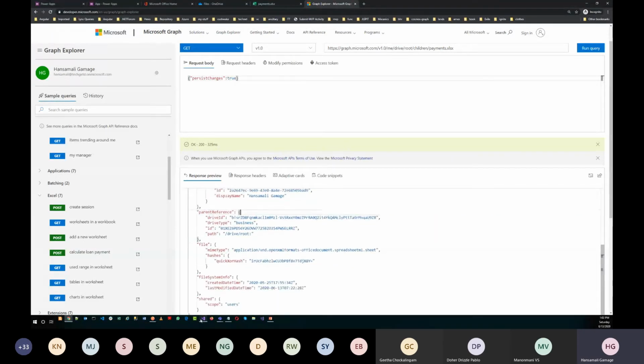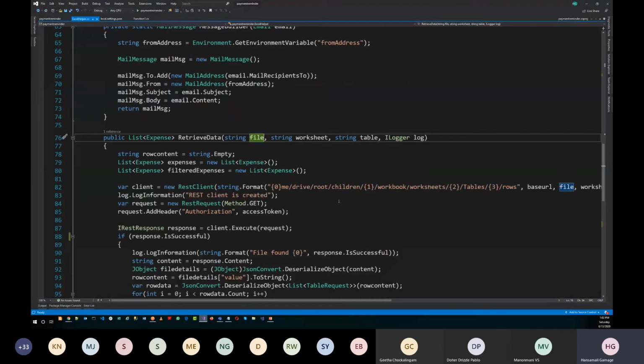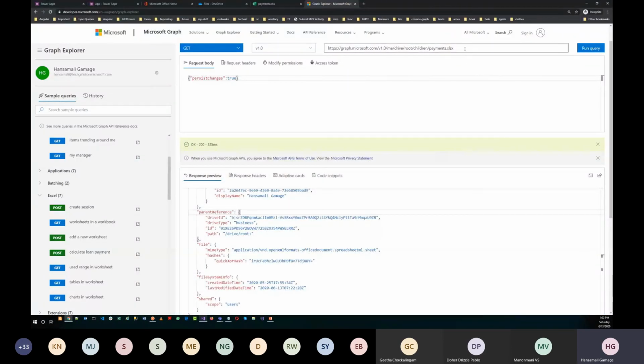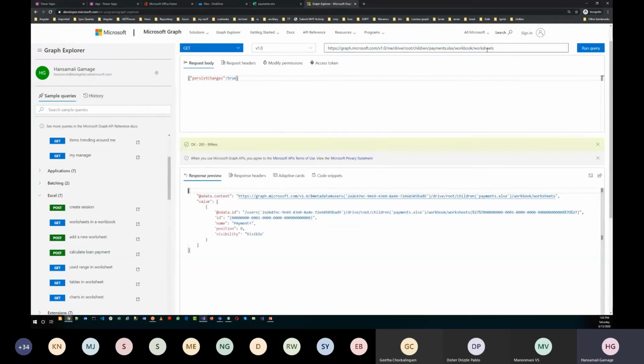Now we want to get the workbook information, so let's type workbook. Your workbook is here. Now I want to dig into worksheets. Then you can see you have only one worksheet named payments available.